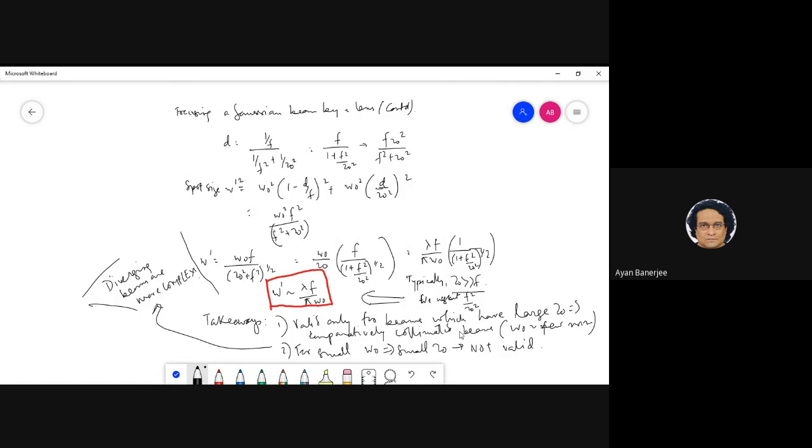Okay, so what I will maybe request you to do is try to find out the angles. It's just a consistency check. If you start with a 2 mm beam and you focus it by a 25 mm lens, what is the angle after focusing? You can try to verify that the paraxial equation is internally consistent. Do you understand what I mean, right?